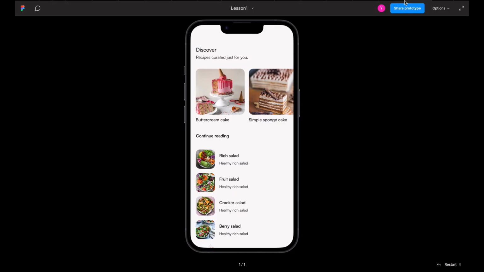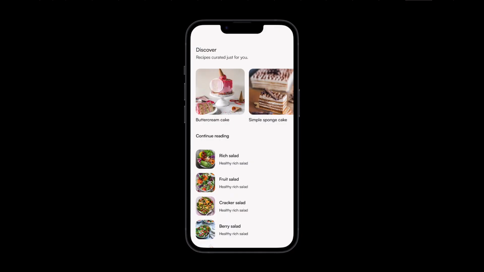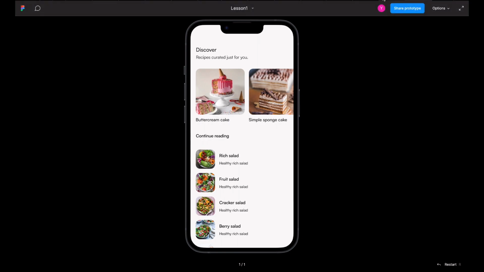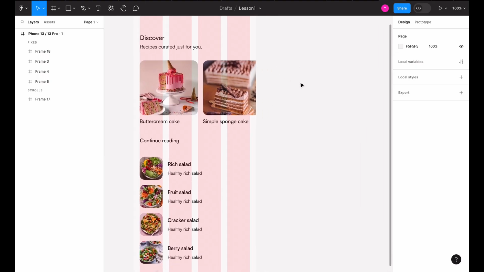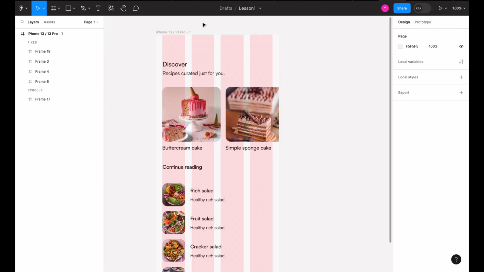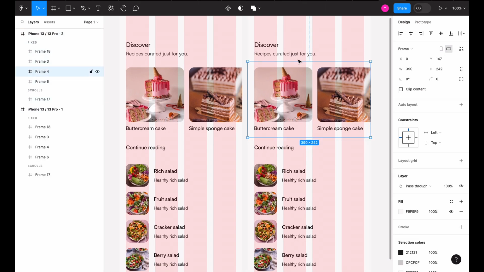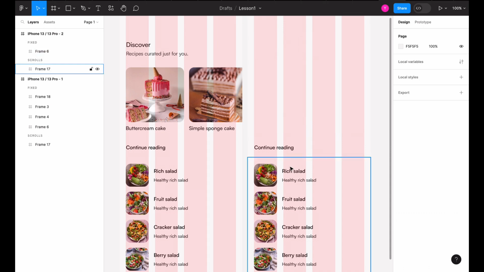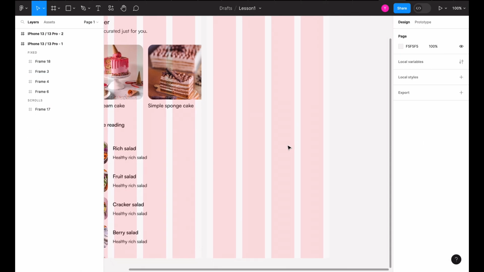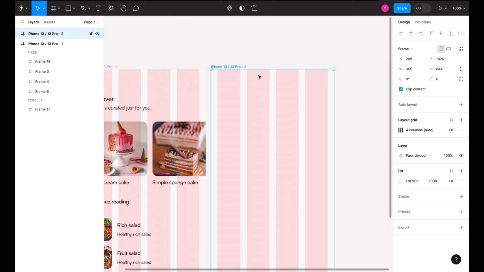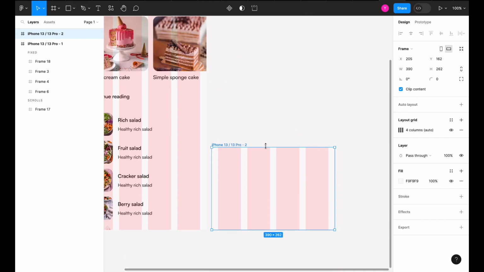What I want to do is see a pop-up whenever I click on this buttercream cake. I want to see an overlay come up. So to create that overlay, I'm going to duplicate this screen. One tip for creating seamless prototypes is to always duplicate your screen. For overlays, it's not actually important, but I'm just used to duplicating screens. So I'm making this as short as I want it to be,